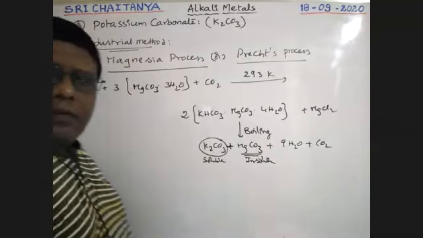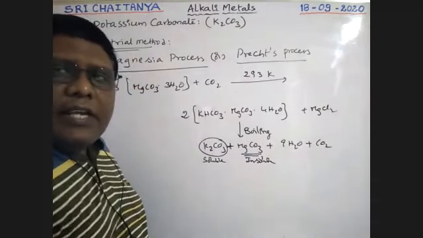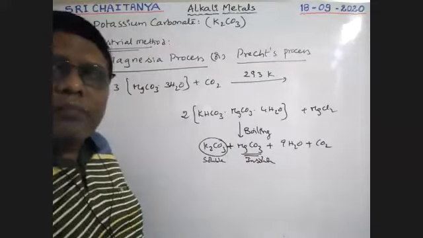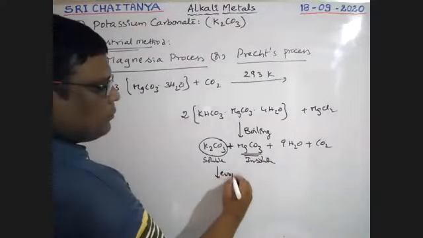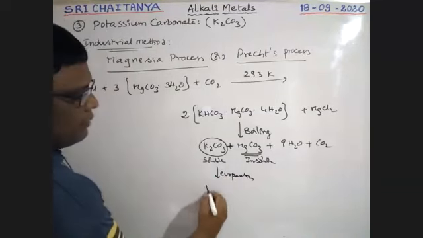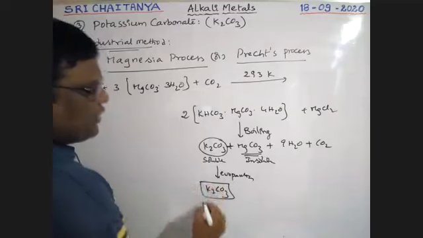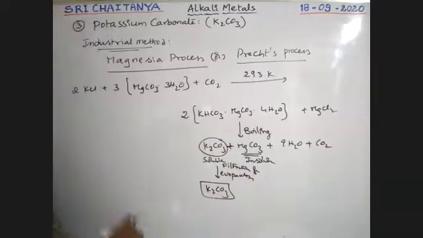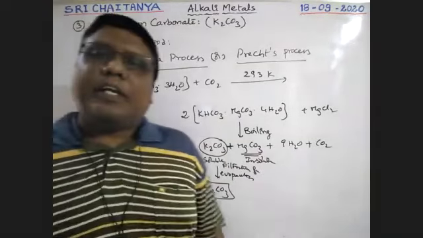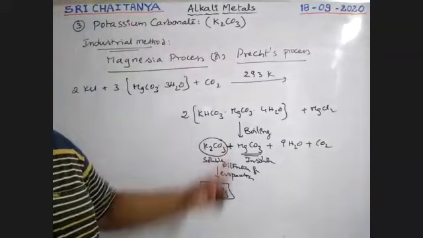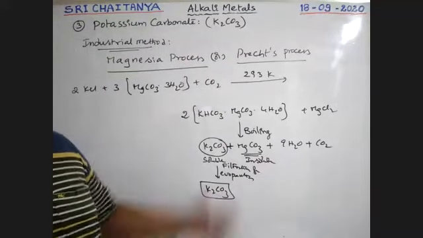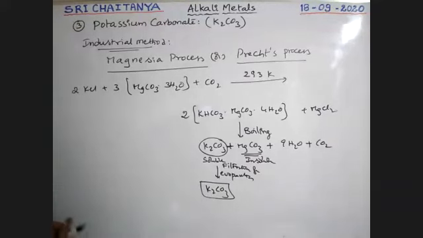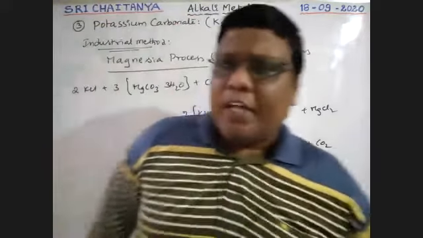So it is filtered, please take that filtrate. The filtrate is evaporated. After evaporation you will get solid K2CO3. So after filtration and evaporation, finally K2CO3 is the product. It is the way to prepare K2CO3 industrially. Just the preparation methods are in our syllabus.